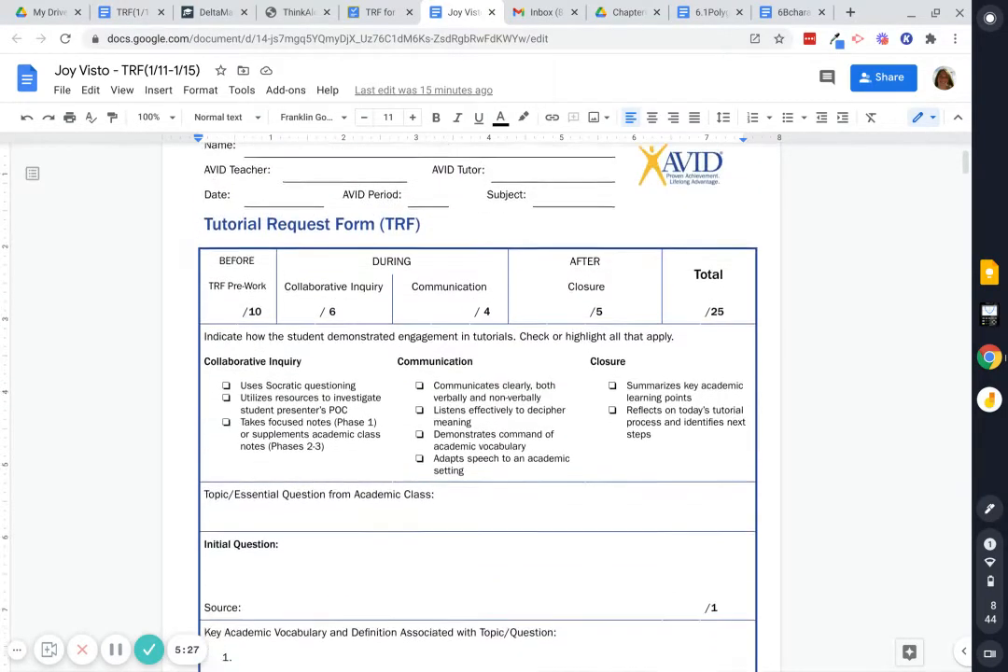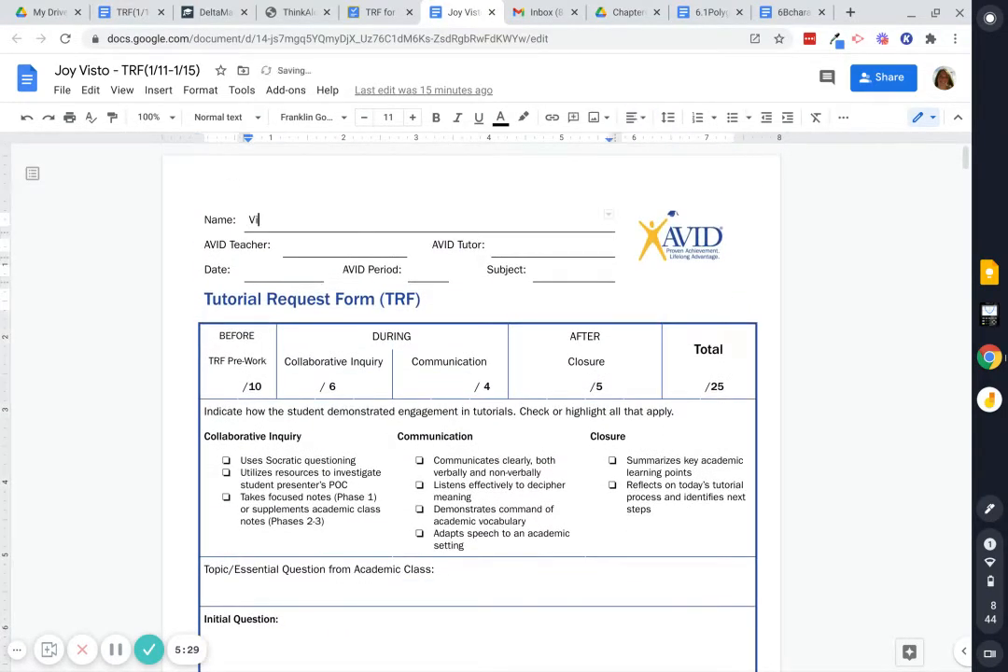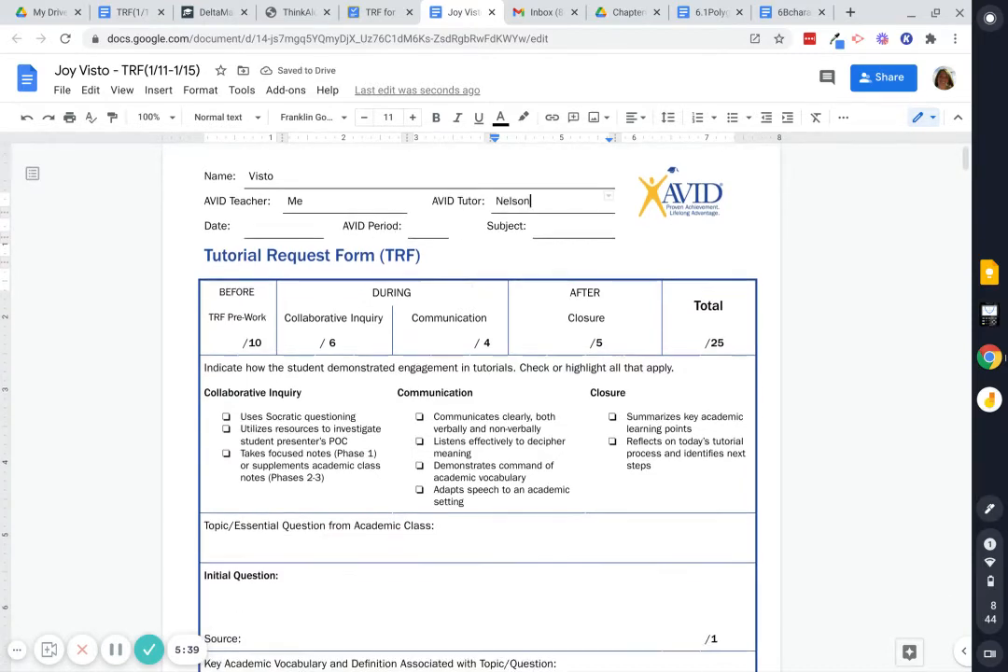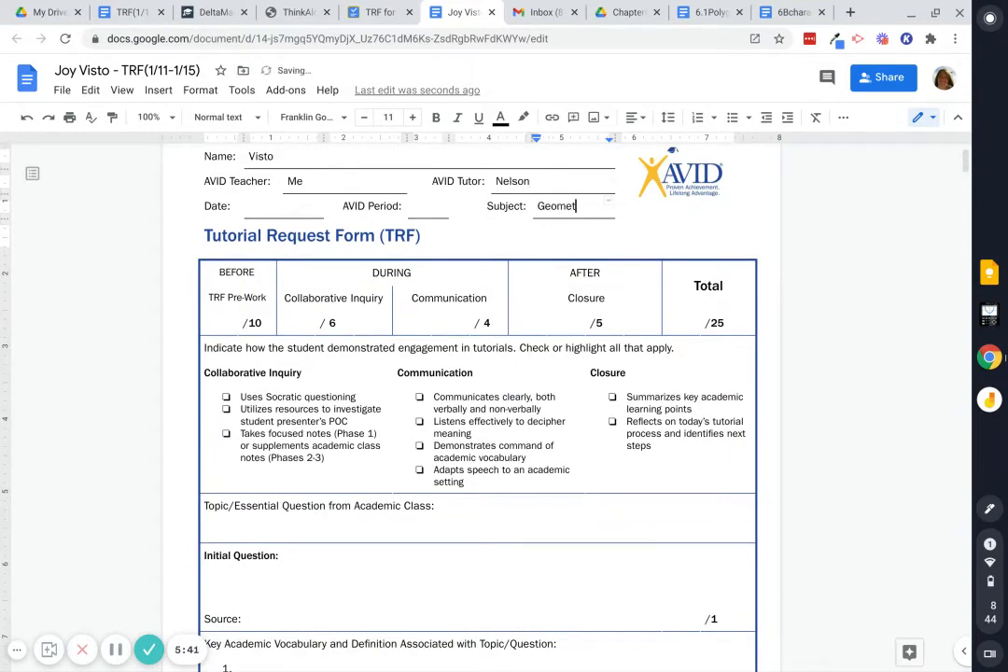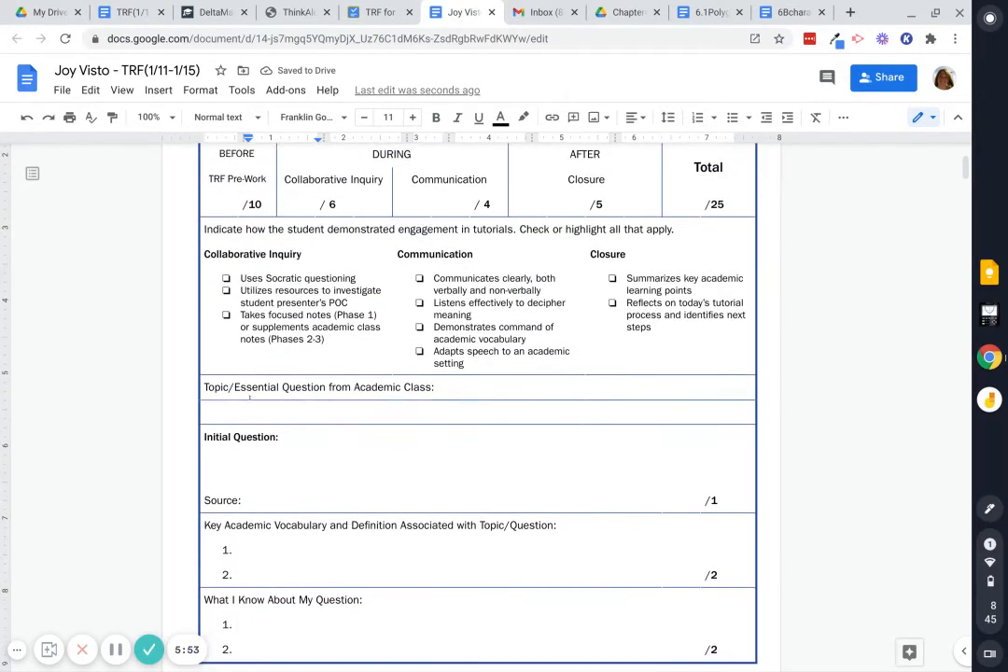Okay, so I'm going to go to my TRF. This is my Visto, teacher me, tutor. Maybe Nelson's going to be helping in our group this week. Subject, I'm pulling this from geometry. I'm going to say I'm in first hour. And then the date, I'm just going to say 1/11 because that's the day I'm filling this out. And that's the Monday of this week. Topic, my topic is 6.1